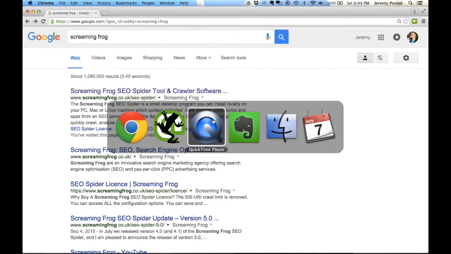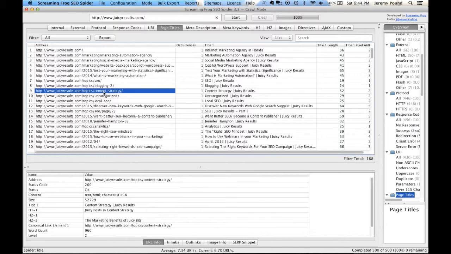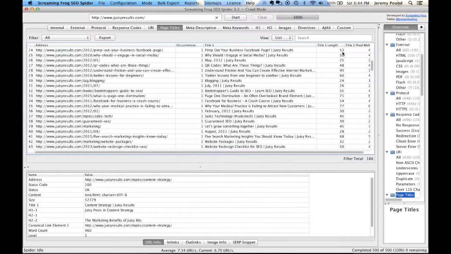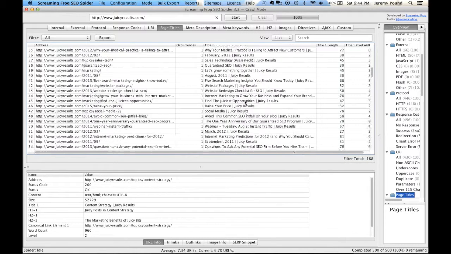Now, page titles are one of the most important factors that Google uses to make a decision about what that page is about. So what I always want from an SEO standpoint is my page name, which is right here, the end of the URL, content strategy, to match my title as well as my H1 tag. And that's something you can quickly look through for an entire website. You can download this as a spreadsheet, which is very easy, and open it in, say, Excel or Google Drive. And you can basically make a list of all the changes you want to make to a website to make sure that every page has an H1 title, that the H1 title looks good in the search result, and